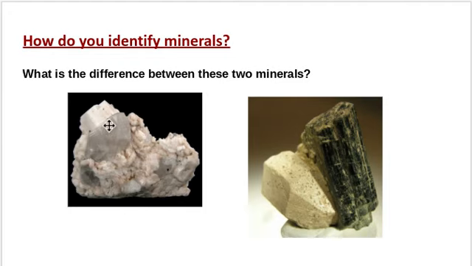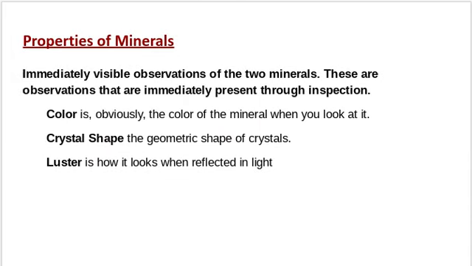And you're probably thinking, oh, hey, maybe one is softer than the other, and one is harder than the other. And you'd be correct, because this one is orthoclase, a type of feldspar. This one is hornblende, and that is a ferromagnesian silicate. Properties of minerals. There are many types, and one of the immediate things you'll be seeing are the immediately visible